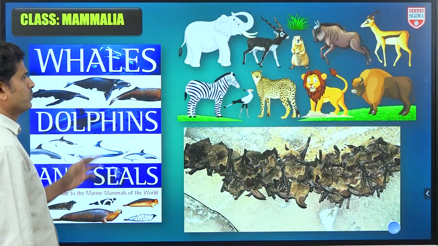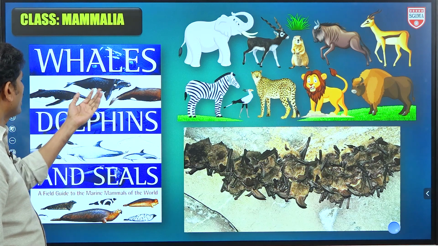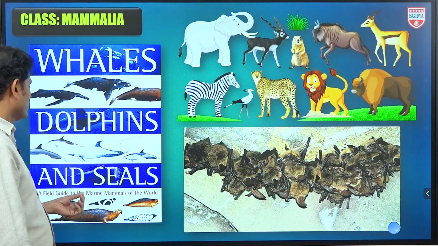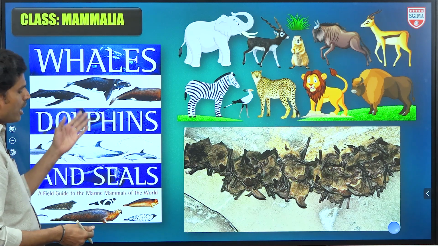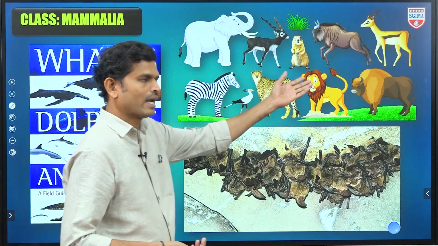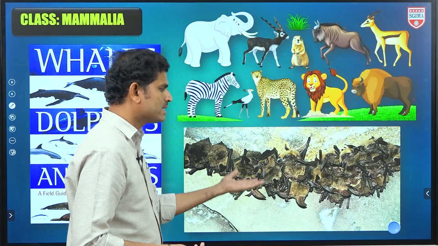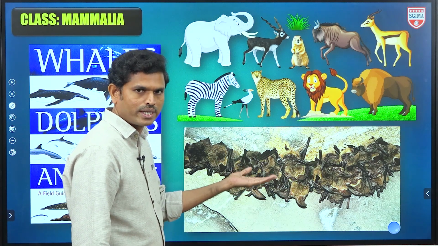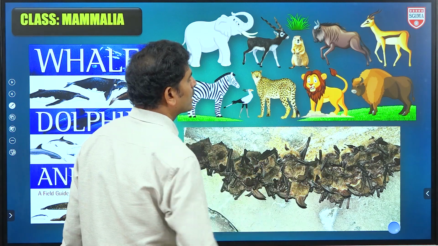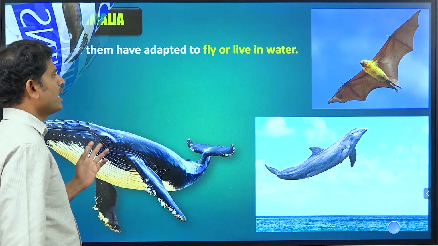Next slide. So here they are in aquatic habitats. These are whales. Next one is dolphins. Next one is seals. So dolphins and seals are also mammals. Okay. So these are the grasslands, forest areas. This is a bat. A bat is also a mammal. It is not a bird. We call it a flying fox. So they are present in dark caves. Those are nocturnal organisms. This is also about habitat.